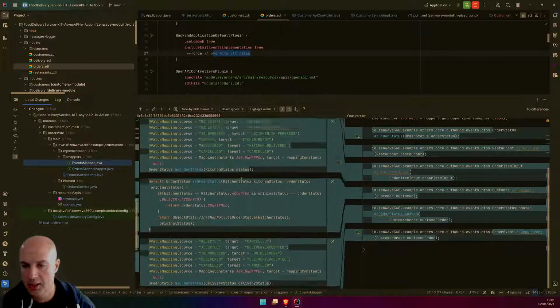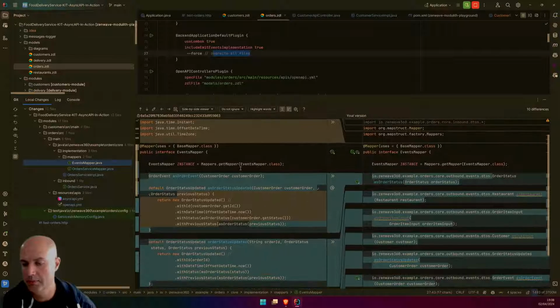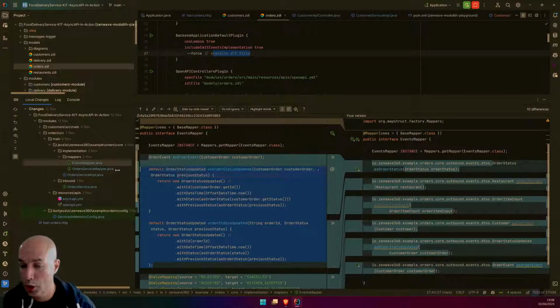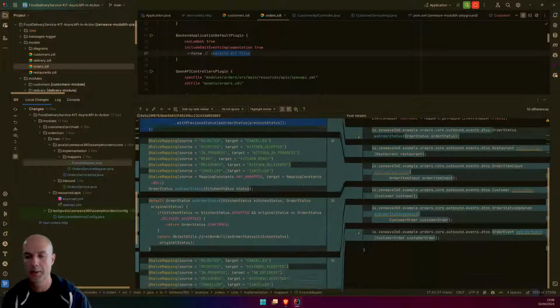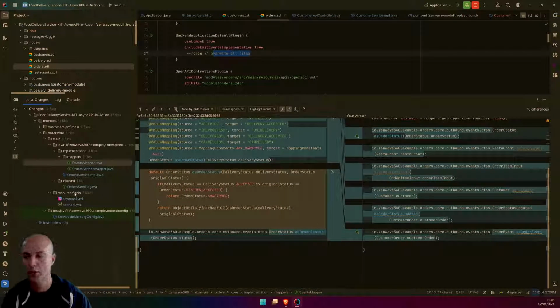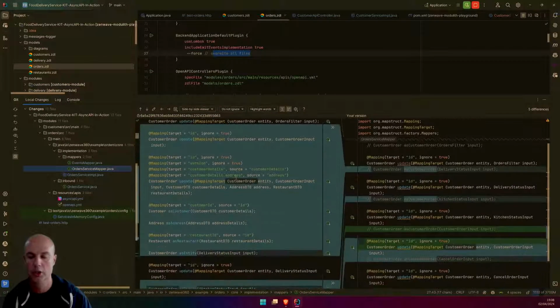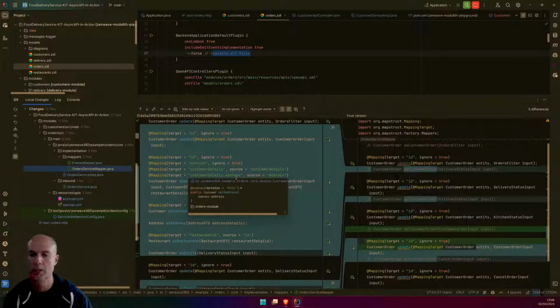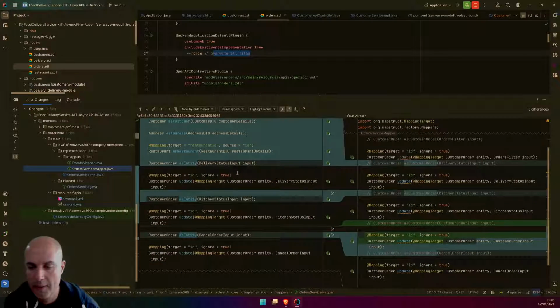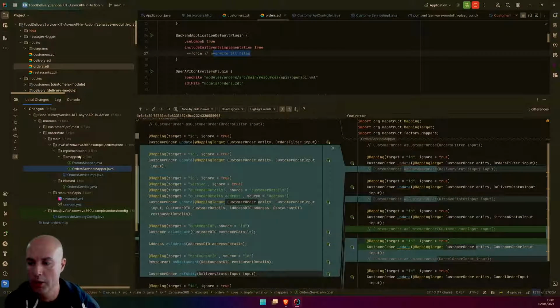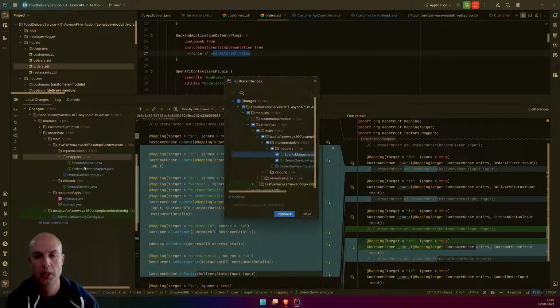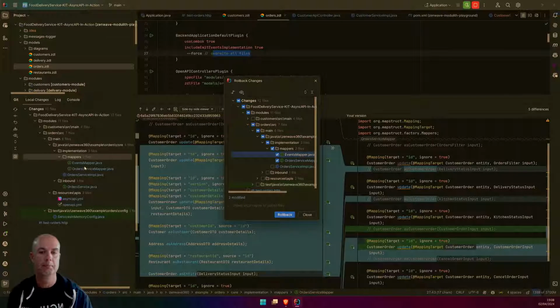For instance, in the mappers, there are some customizations in our implementation. In the events mapper, there are some customizations. There is also some custom code on the order service mapper. And the first thing I'm going to do is roll back these changes so we get this implementation back very quickly.